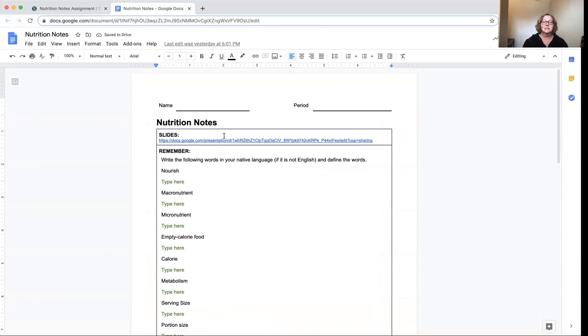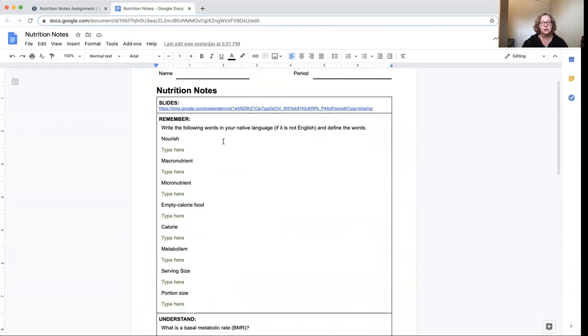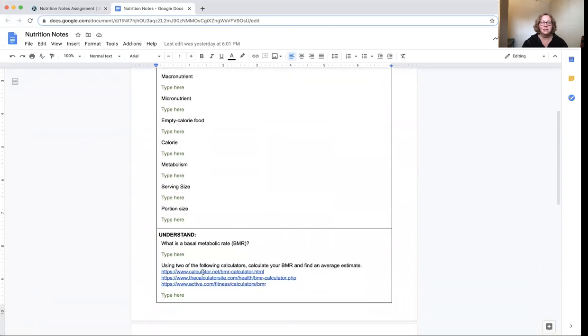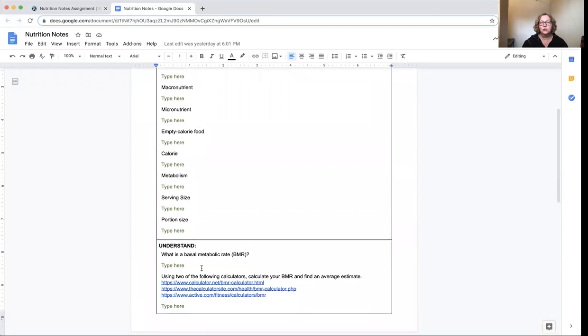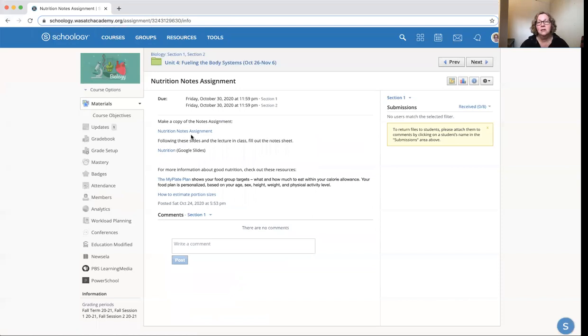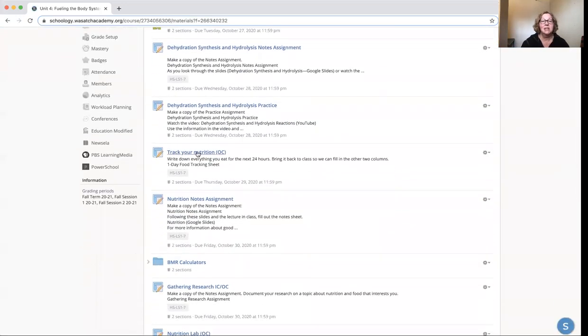And it has the slides that you need to look at, which we will be doing in our lecture, and all of the places where you can type it in. And then down here, there are some resources. So all of these assignments are actually self-contained. You don't need anything extra unless it says do your own research. You don't need anything extra than what I have provided. This one